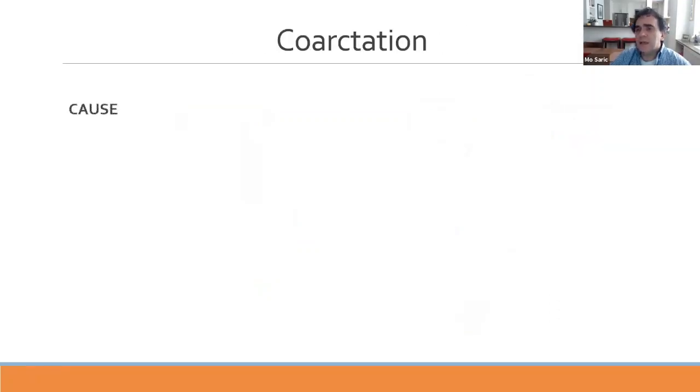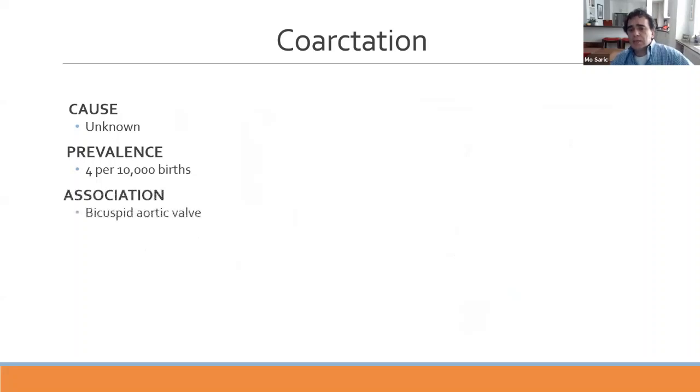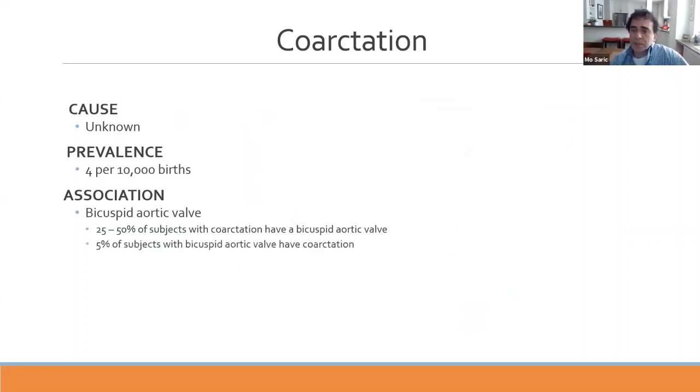And what's the cause of the coarctation? We don't know the exact mechanism why it occurs. We know that the prevalence is relatively rare, 4 per 10,000 births, and that it's associated with several conditions, including bicuspid aortic valve. 25 to 50% of subjects with coarctations have a bicuspid aortic valve. Of course, the opposite is not true because the bicuspid aortic valve is much more common. 1 to 2% of all live births have bicuspid aortic valve, so therefore only 5% of subjects with bicuspid aortic